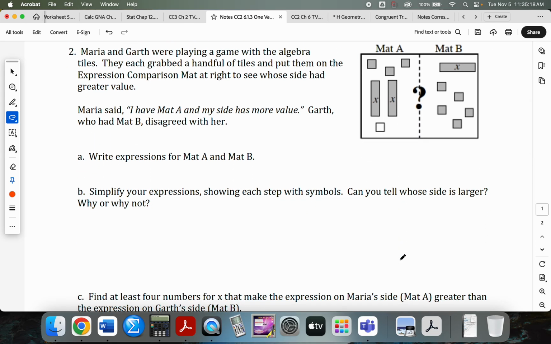All right. So now we've got Maria and Garth playing a game with the algebra tiles. I'm not going to discuss how bored you would have to be playing a game with algebra tiles, but